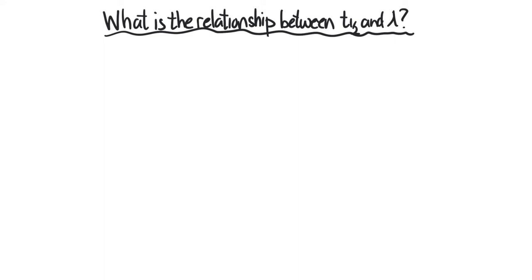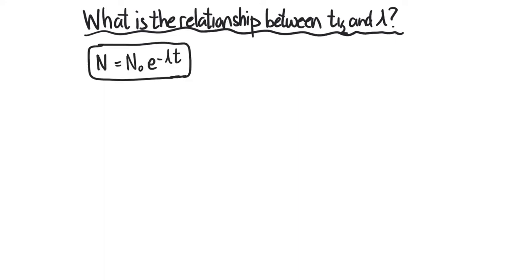Keep in mind that when we look at it qualitatively, as lambda increases, the probability of decay for a particular nucleus increases per unit time, which means that the time required for the sample's undecayed nuclei to halve will decrease. Now, starting off with the relationship, N equals N0 e to the minus lambda t, which we've already discussed,